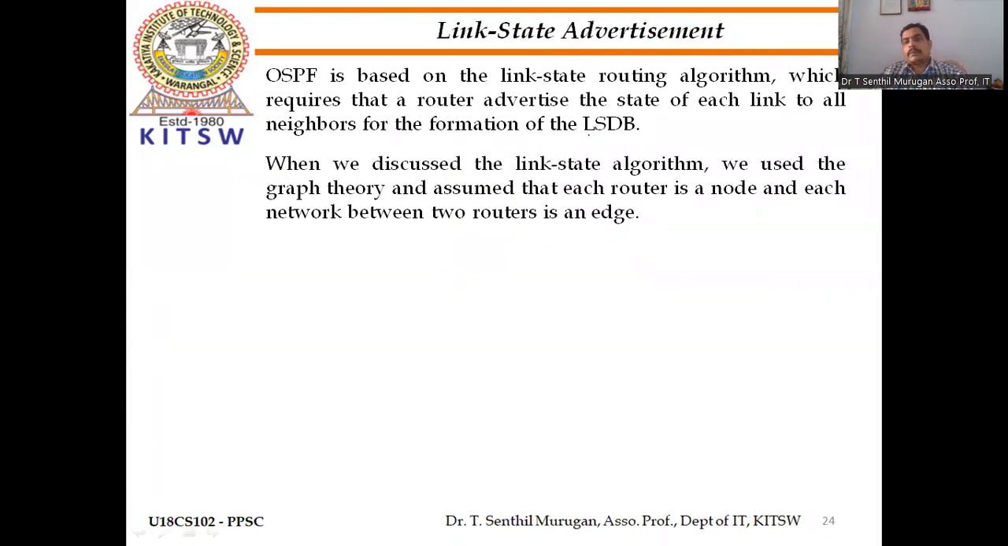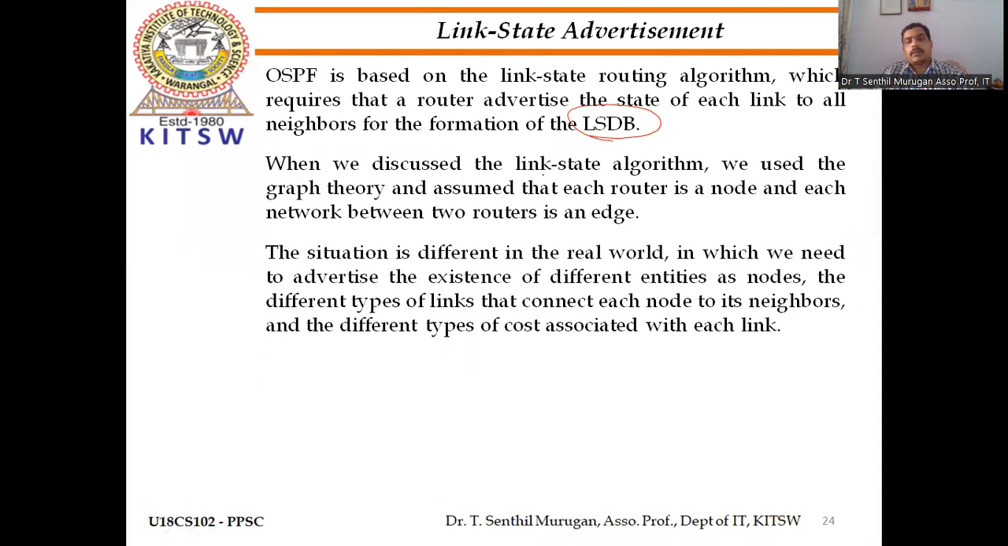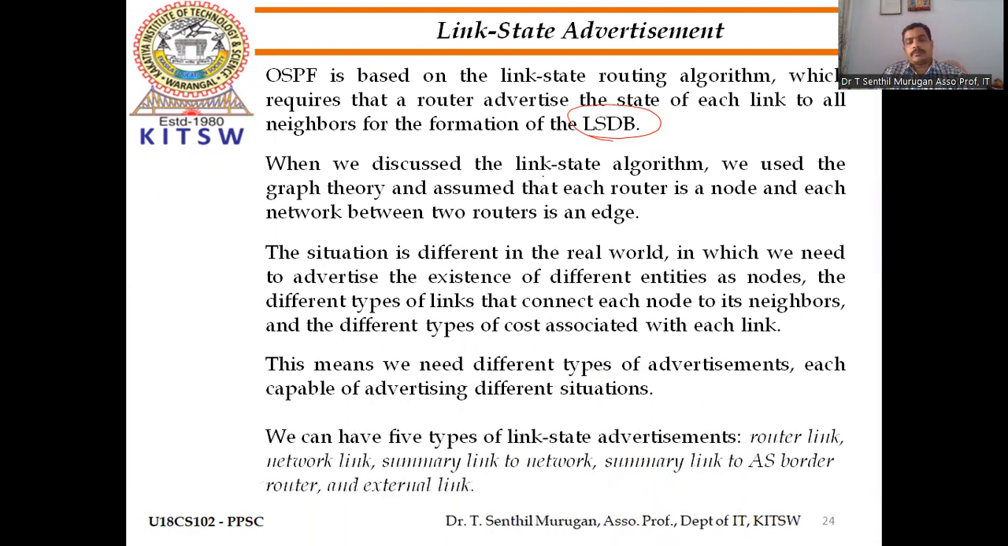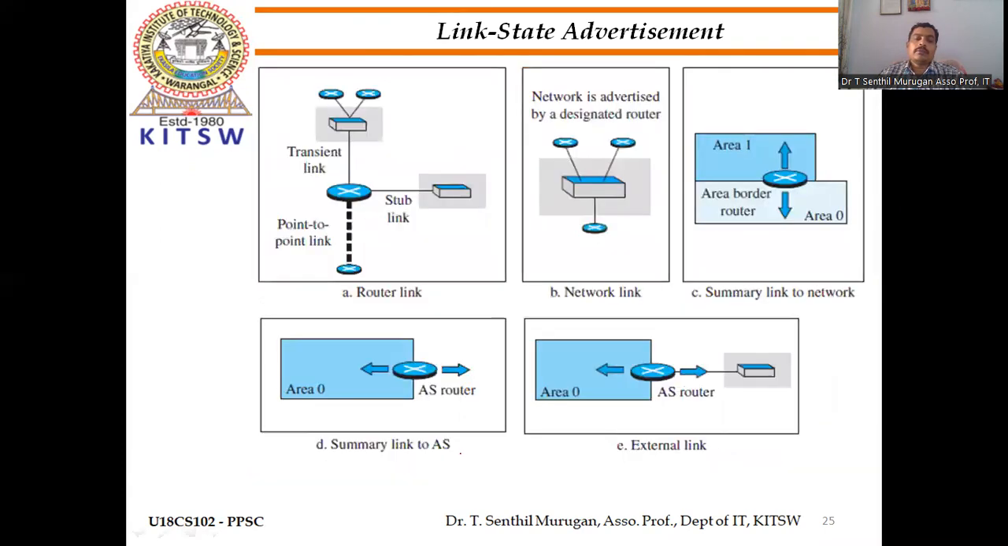There is a link state database. The link state database is used for finding the routing information from source to destination. Based on how much cost there is, it will be identified and advertised. In OSPF we have 5 types of advertisement: router link, network link, summary link to network, summary link to autonomous system border router, and external link. Just see the diagram. The first one is the router link. Router link we already know: stub link and transient link, which permit the data